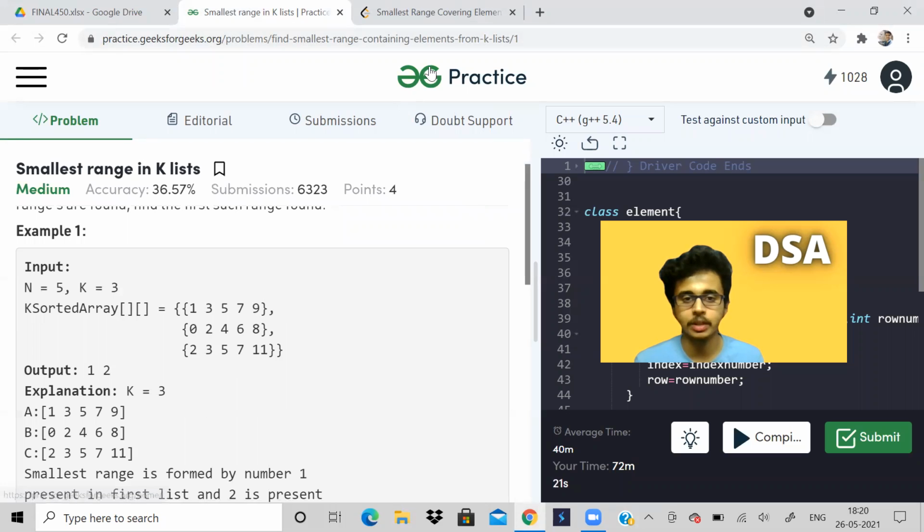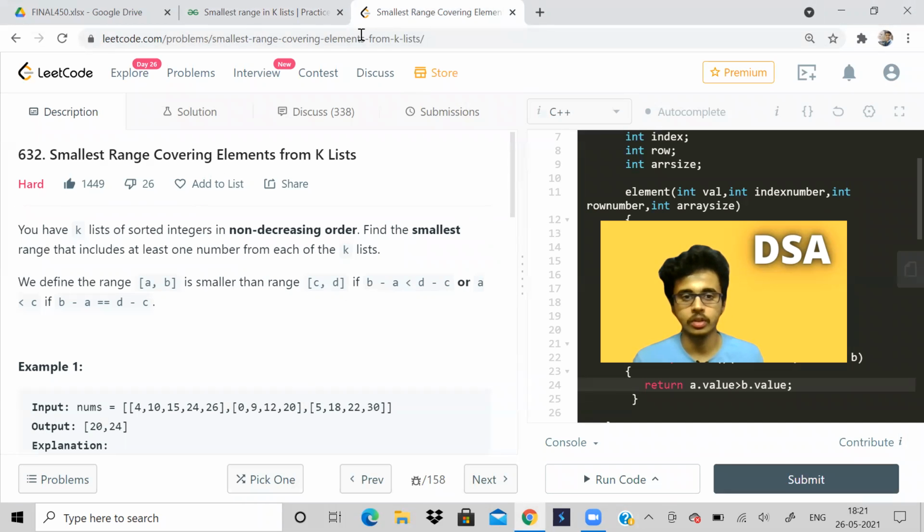So let us take an example to understand this.